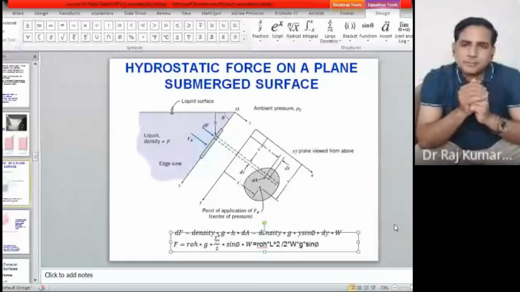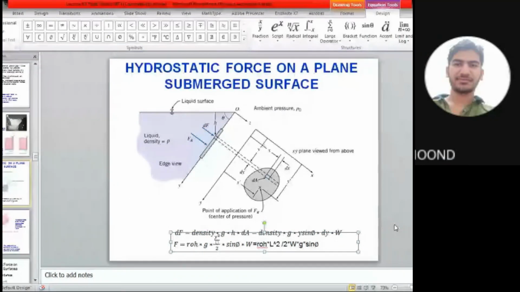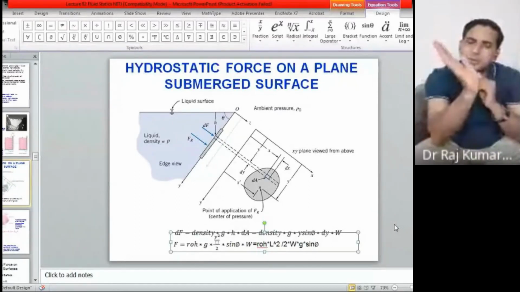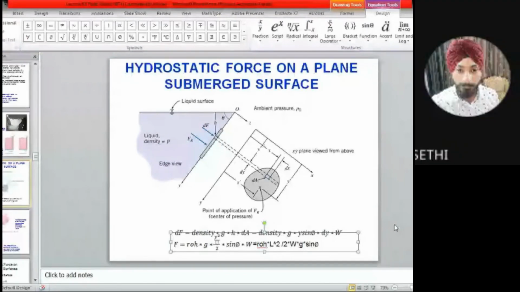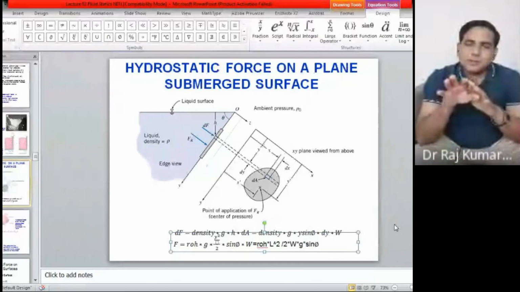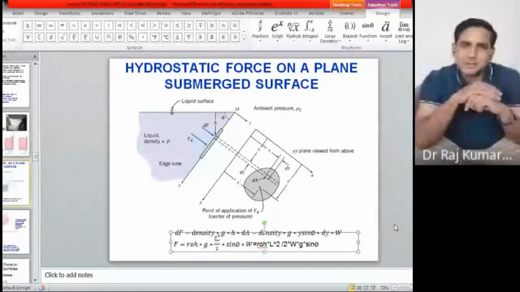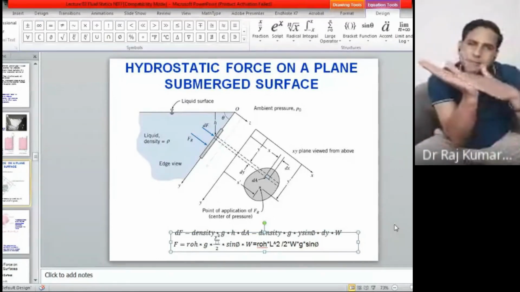Now what is L into W? It is the area of this particular wall, right? This was L and this one W. So it is the area of the complete wall. Fine? Yes, sir. So somehow you are calculating pressure as rho g L, with a divided by 2 factor and sin theta, so L by 2 sin theta. L is this, and you are just calculating half of that.